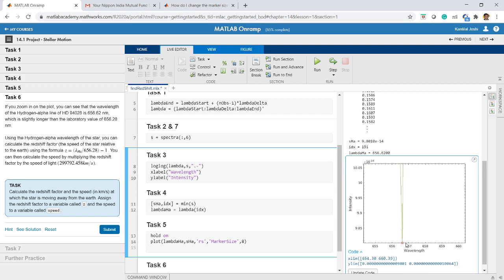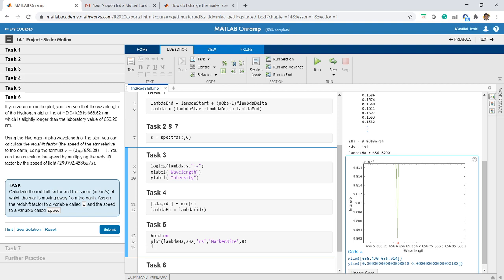See, this is 656 point something, right? So this is how we can zoom in and find out the exact value. So you can zoom as much as you want. So it is 656.62 nanometer, which is slightly longer than the laboratory value of 656.28.